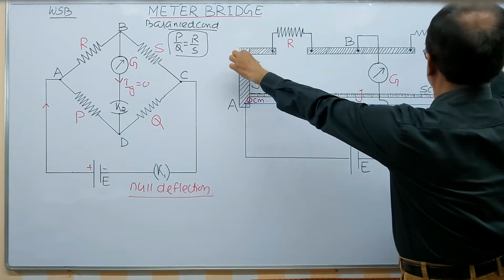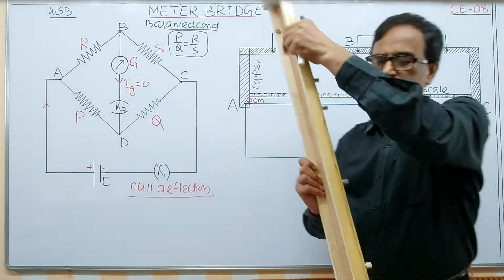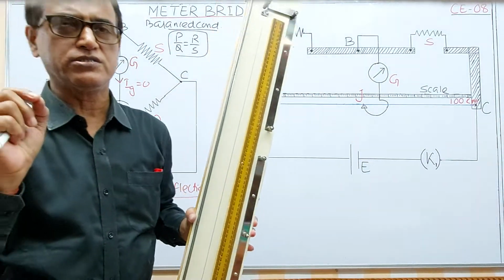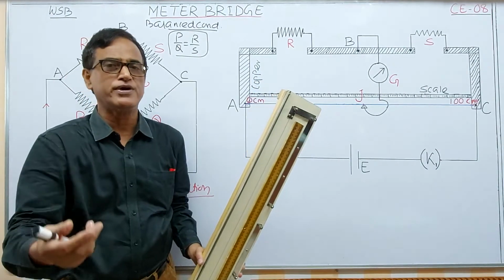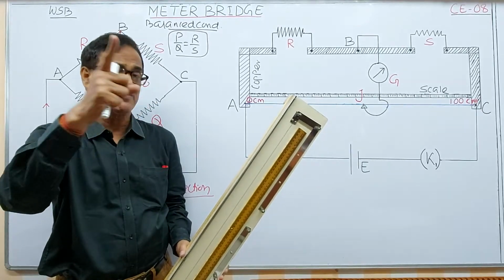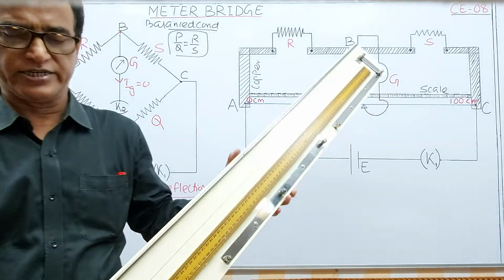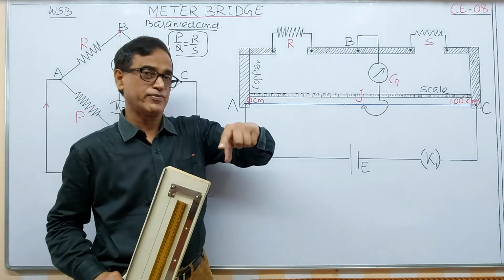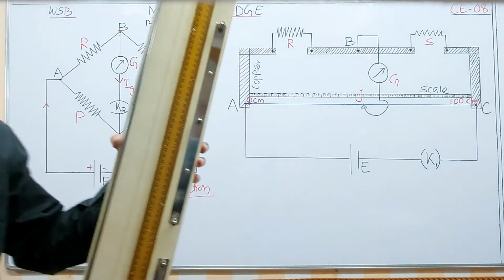And this strip, this black one, is the instrument. You can see the instrument first. Now here is the instrument. And I am taking this instrument because once you follow this arrangement, the next two, that is the potentiometer, will be very easy, and the practical will be very easy, and your strength both in theory and practical will be enhanced with these remaining two classes of this chapter, current electricity, because we are having 3 experiments in section 1 of your practicals based on this instrument, and this instrument is the simplest one, in my view.